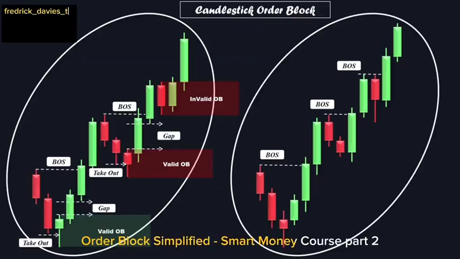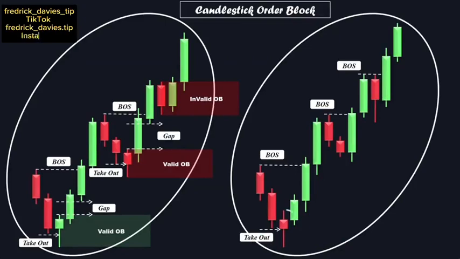Once again, we see that the price has taken the low of the previous candle, effectively sweeping liquidity below it with this bearish inverted hammer candle. Thus, we have a potential candidate for a valid order block. However, there is no noticeable imbalance among these three candles, and the order block is mitigated by the upper wick